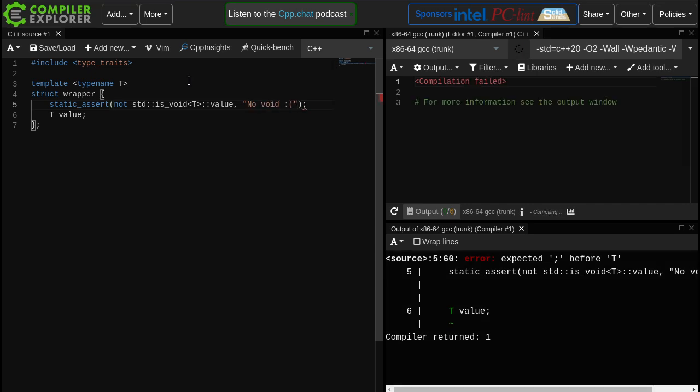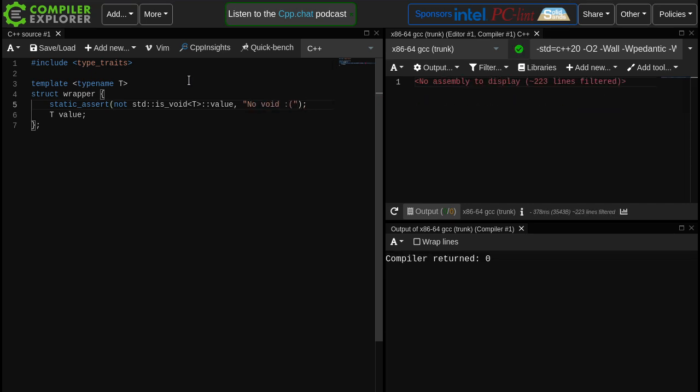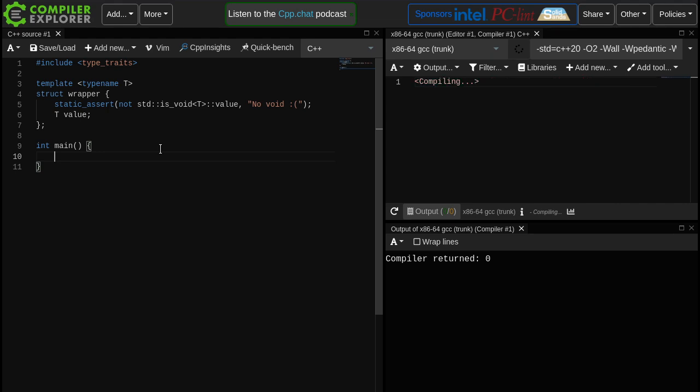Right, so this is what it can do in C++11. It's what it can do in C++14 and 17, really any standard. The question is, is this really all that useful? And is that error message really what we want to have? Because we're still instantiating the wrapper, we're just then printing an error inside of it. So perhaps an interesting metric by which to compare the different ways to constrain these things is